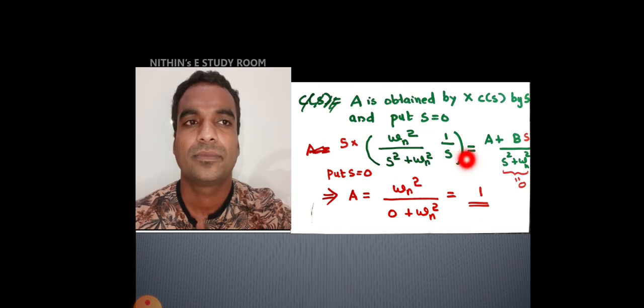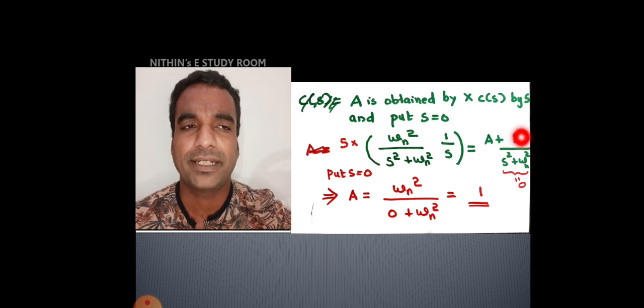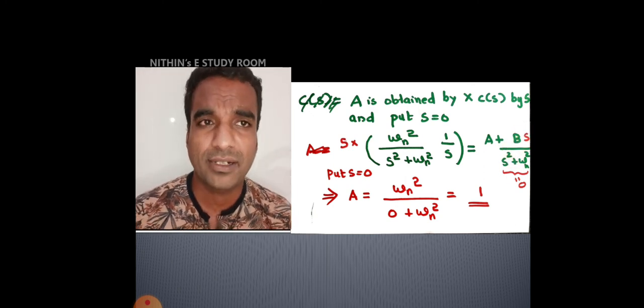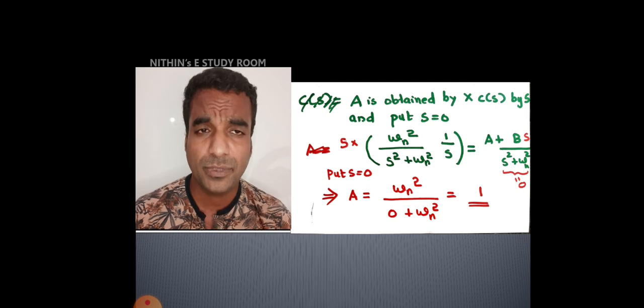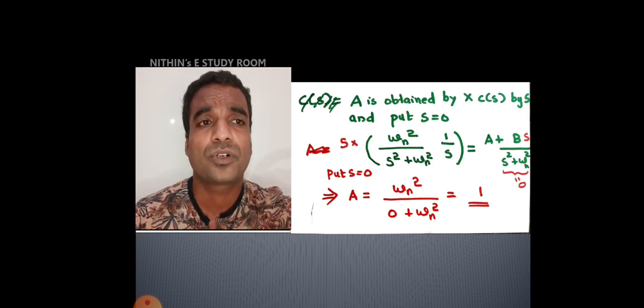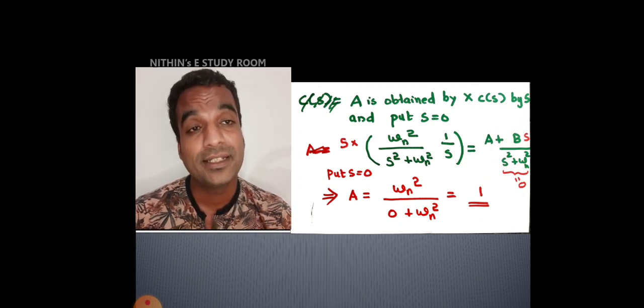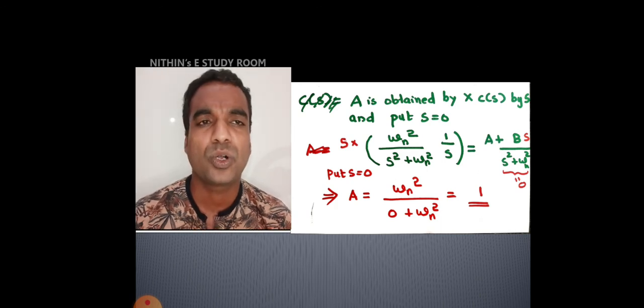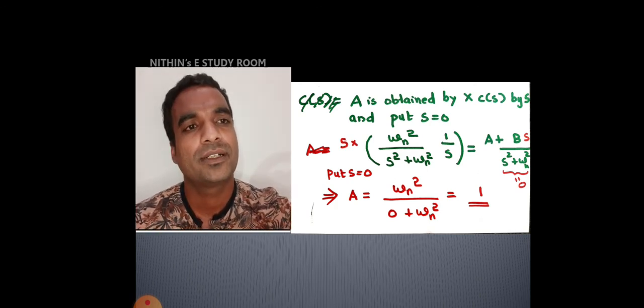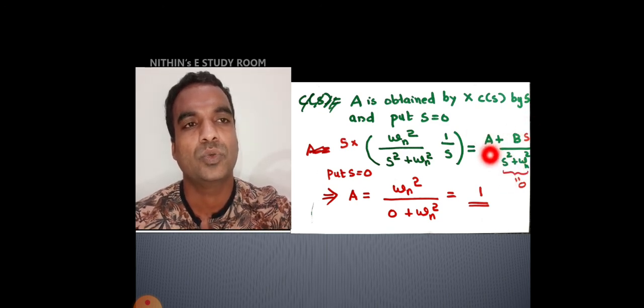Is it clear? Did the multiplication on both sides. Definitely this b term will become 0. In simple partial fractions there is no need to do the calculation, because as s is here and you are going to put s some value, definitely this b term will get cancelled. And if you are going to find b, then the a term will get cancelled. You don't waste time on that. Anyhow, here put s is equal to 0. So this term will become 0 and a is equal to